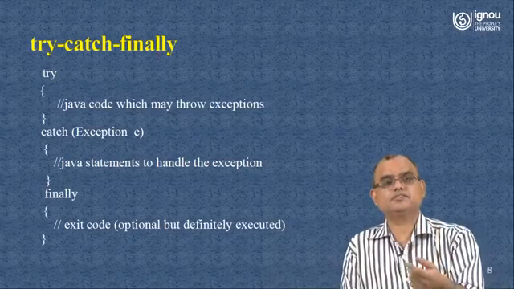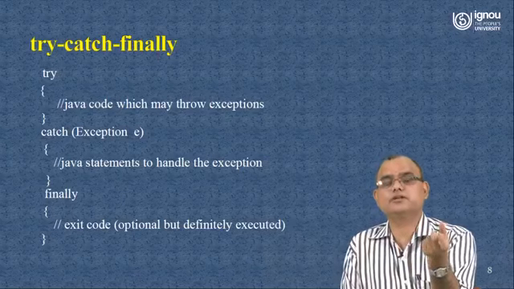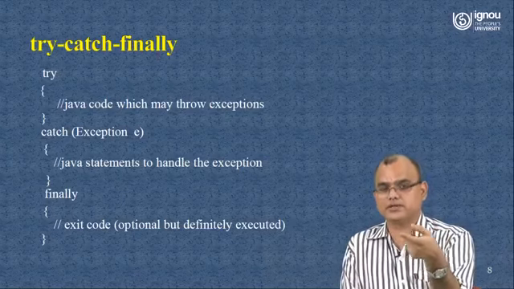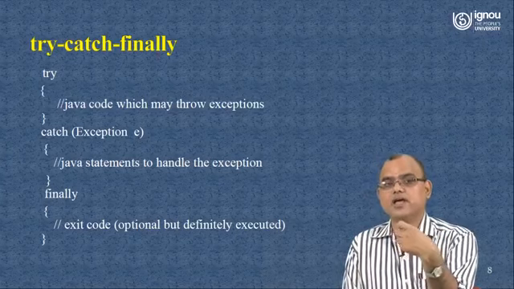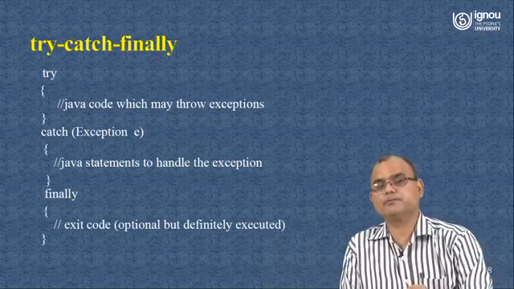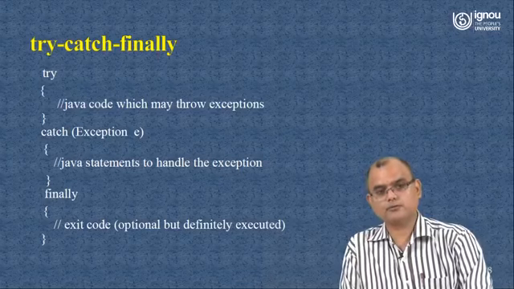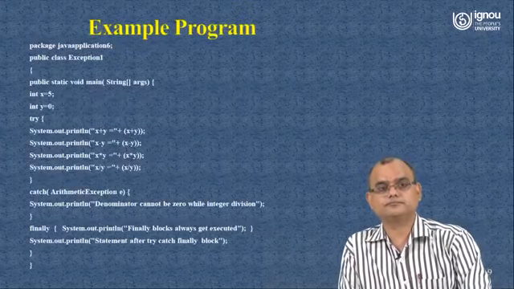So this is the whole sequence you can see on the screen. This sequence is showing you the try block. Inside that you have code that may throw the exception. Then you will have a catch block. There may be more than one catch as per the expectation of different types of exceptions that may be thrown. And then there may be one finally block to have the code which is definitely going to execute.